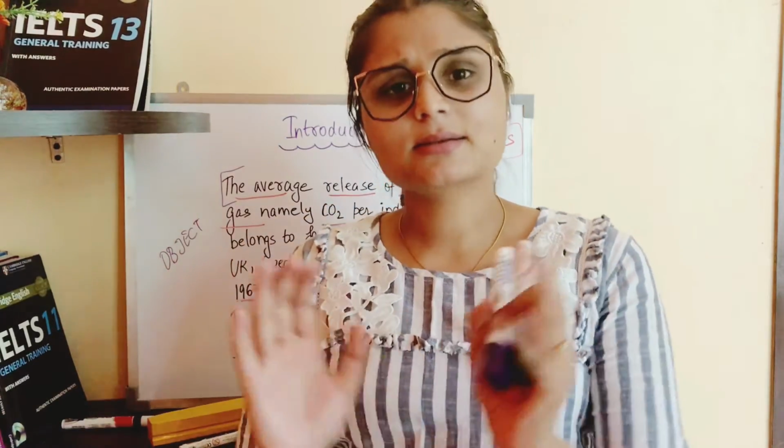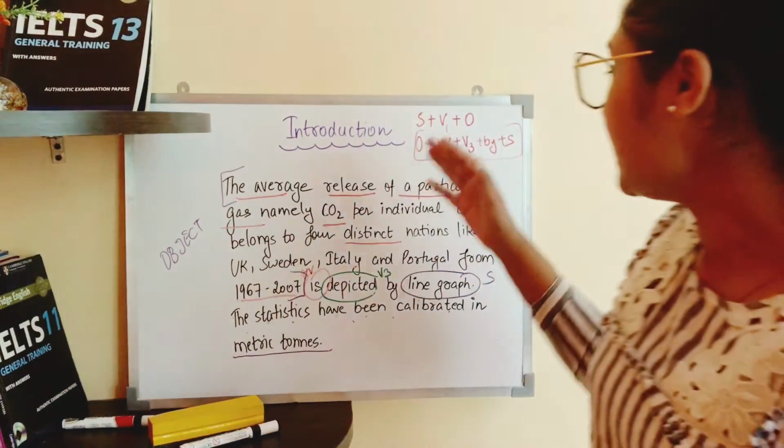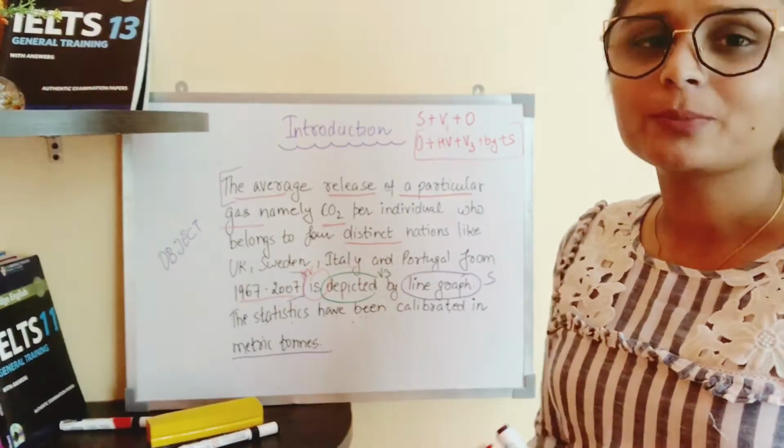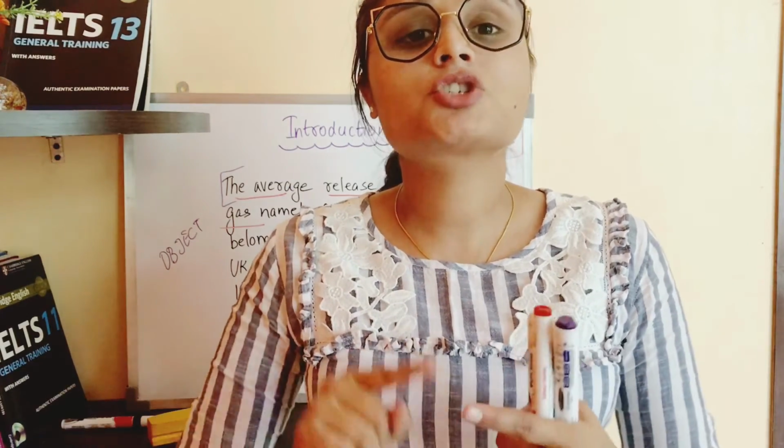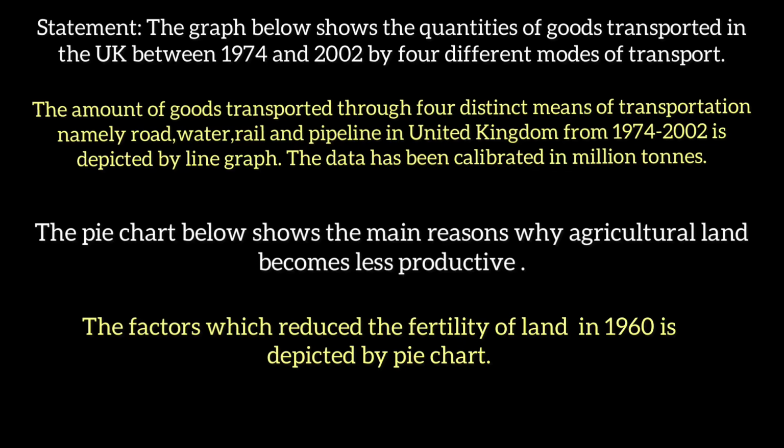Okay, I think it is quite clear how you are supposed to write your introduction paragraph. At the end of this video, I will write certain other examples so that you can have an idea how you can convert the statement into a passive sentence. Again, I am telling you, it is very easy to write active tense, but we want to show the examiner that yes, I am proficient in English. That is why we will start our introduction with a passive sentence. So this was all about the introduction part of academic task 1.